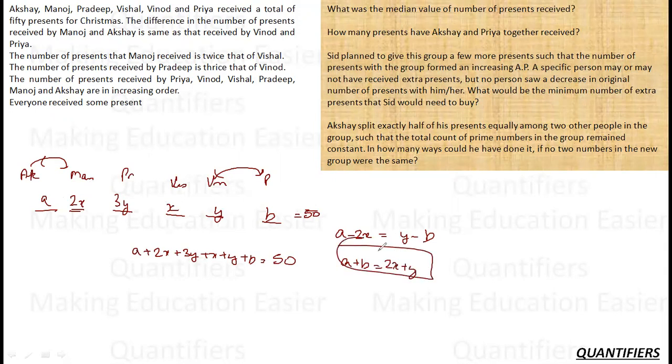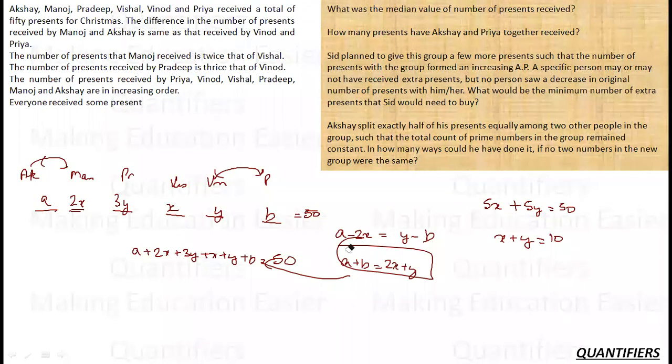A very simple relation. Now, how can this help me? See, there are 4 variables as of now, and using this I can reduce it to only 2 variables. So if I substitute A plus B here, what am I getting? I'm getting my equation as 2X plus 2X plus X, 5X plus 5Y is equal to 50, or I can say X plus Y is 10.